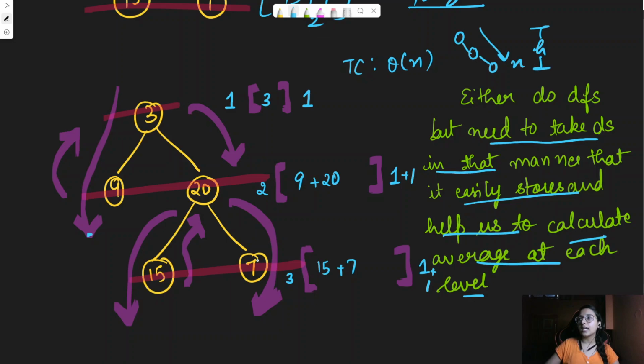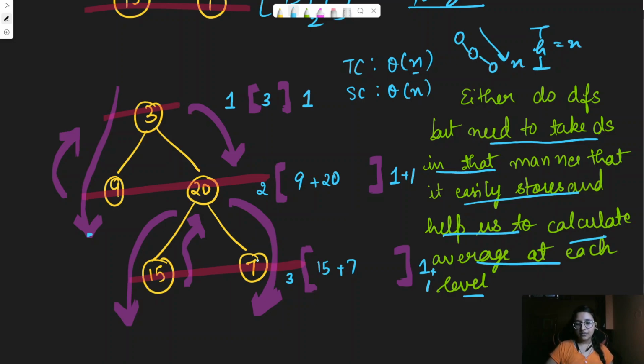So basically height becomes equal to n, and at that particular moment, when height becomes n, because of this fact only we are having the time complexity as n, because we are traversing the nodes as per the height of the tree. And the space complexity also becomes order of n, just because when we have this skewed tree, at that moment we have in our stack at max n nodes. So that's why here, time complexity and space complexity, both of them are order of n, and same goes